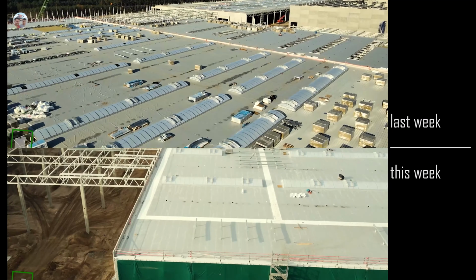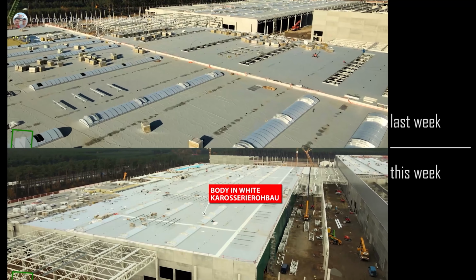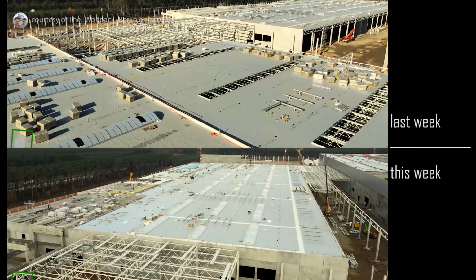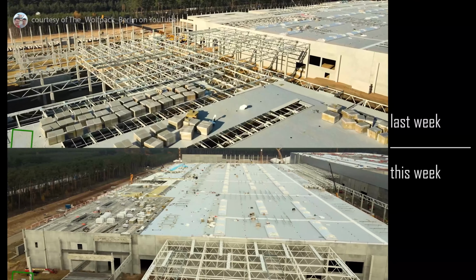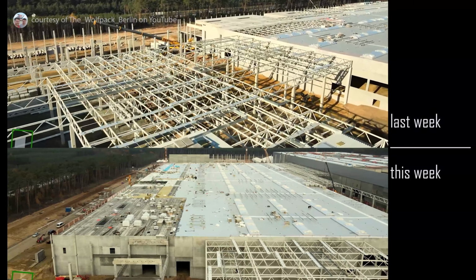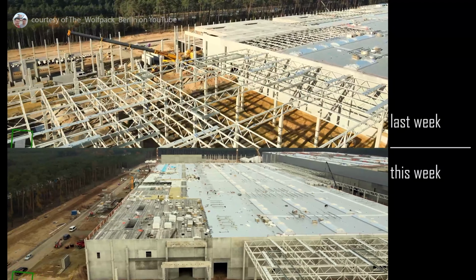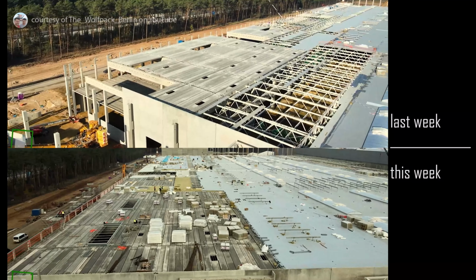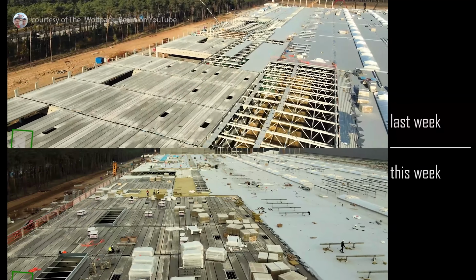If you look at the roofs, you'll see there's been so much progress made. Last week, it was mostly sticks and frames. And this week, there's a lot more roof completed. There's a lot more everything completed. A lot of the cranes have been moved out or at least relocated. And what we saw last week was a lot of empty skeleton. And this week we see